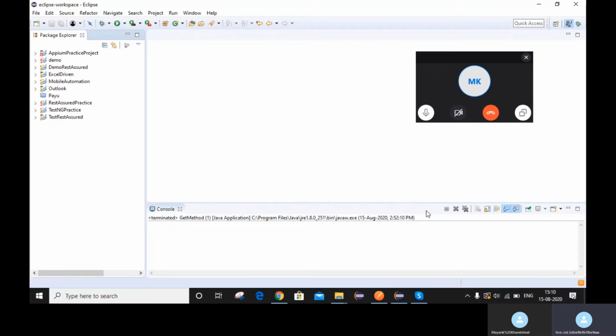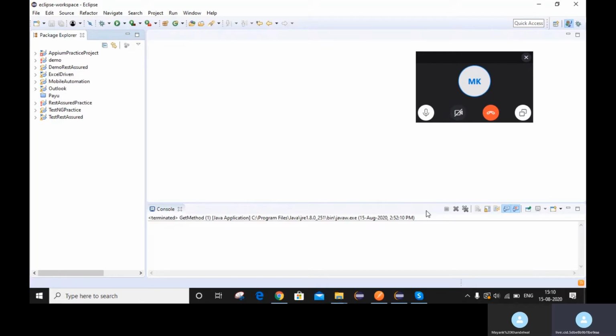This library is very widely used in all the automation projects where we need to perform API automation. It is very much in demand in the market today, and it becomes very important to understand this library.